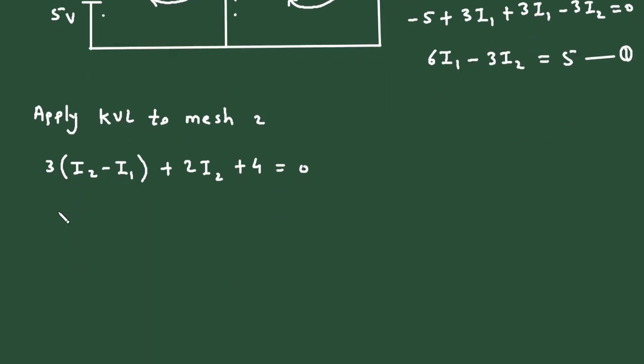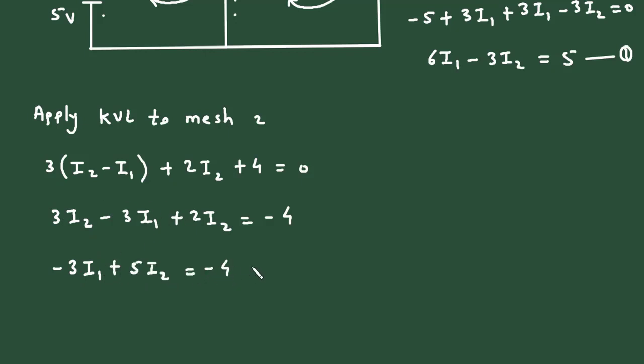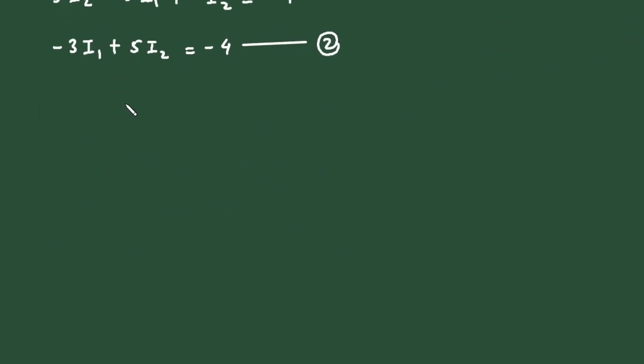So it will be 3I2 minus 3I1 plus 2I2 is equal to minus 4. Now this will be minus 3I1 and this 3 plus 2 will be 5I2 is equal to minus 4. Let's say this is equation number 2. Now we got two equations, equation number 1 and equation number 2. So solving